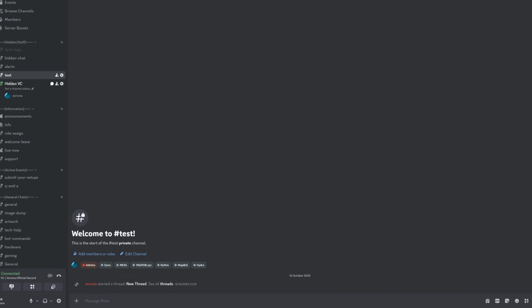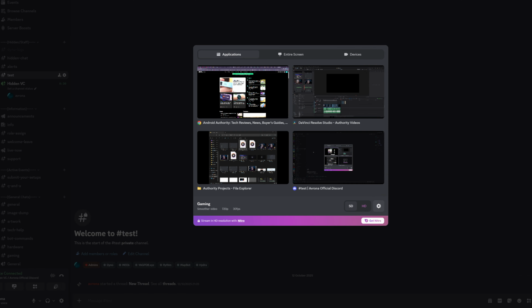First off, once you are in a voice call, you then want to click on this button right here in the bottom left, which will take you to the screen sharing options. This will open up this menu, which will give you plenty of different options. Starting off, you'll see 3 different sections at the top, which will determine what it is that you're actually showing